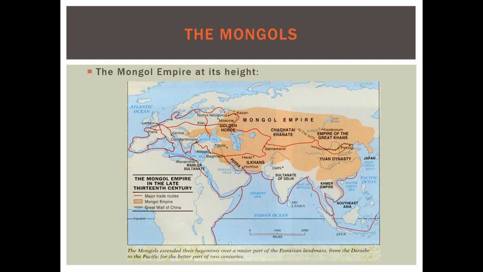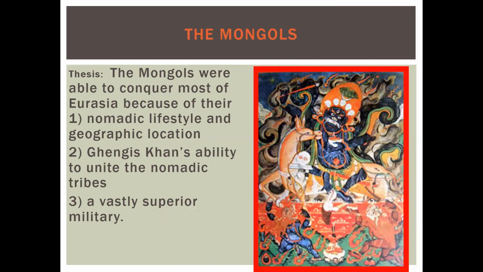The Mongol was the largest land empire ever. So they are so successful at conquering most of Asia, parts of Europe. So they established the largest empire in the world. And they're able to do this in part because of their nomadic lifestyle and their location in the mountains. They had a very strong initial leader, Genghis Khan, who had an incredible ability to unite the Mongol tribes. And he did this through marriages. He did this through political arrangements with the other Mongol tribes to unite them.